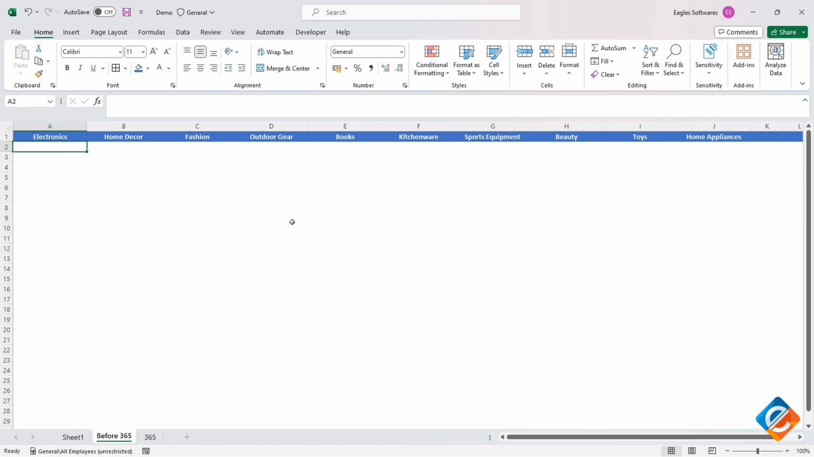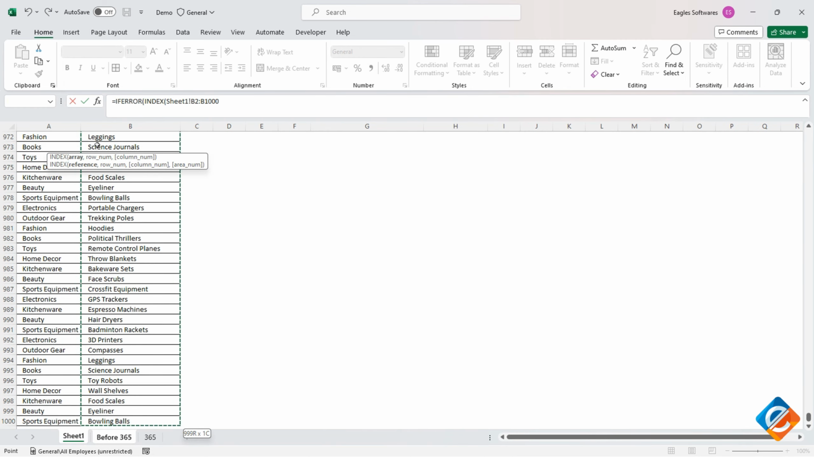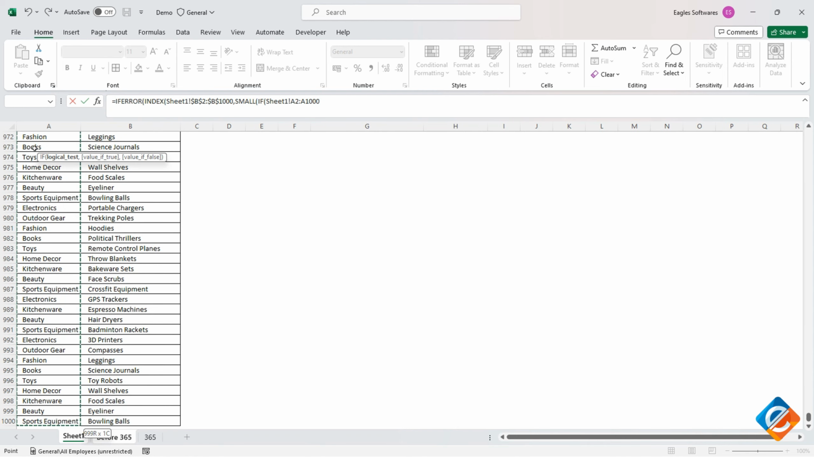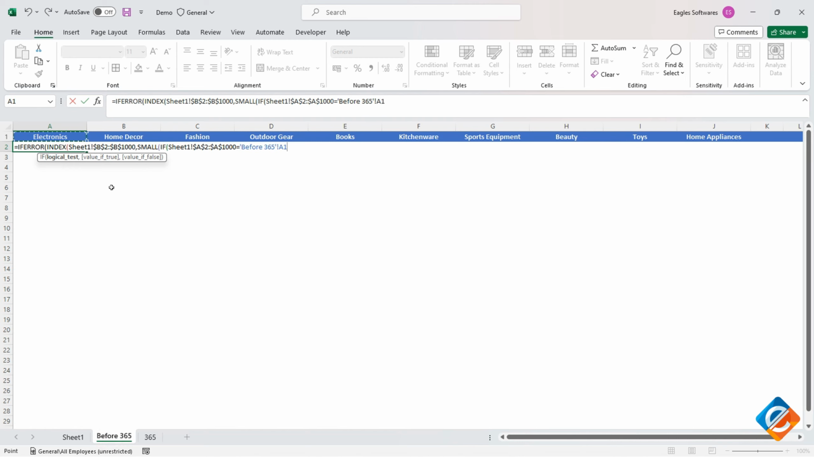Enter the formula in cell A2 just below the first category with an IFERROR formula to catch any errors that may occur. Next, enter the INDEX function, go to Sheet 1, select all the products, and lock the reference of the cells by pressing F4. Continue by entering the SMALL function to return the kth smallest value in a data set. Later on, use an IF function to check the logic if the categories of Sheet 1 match the category under